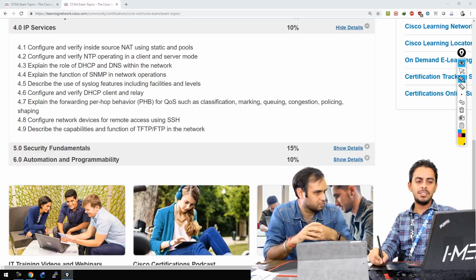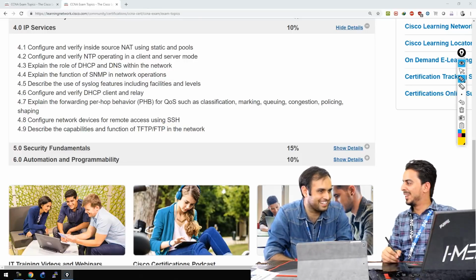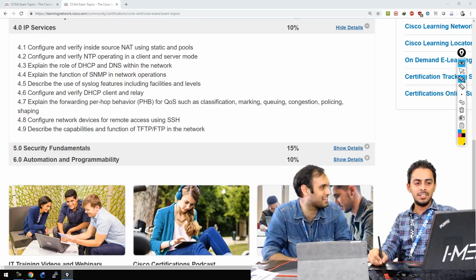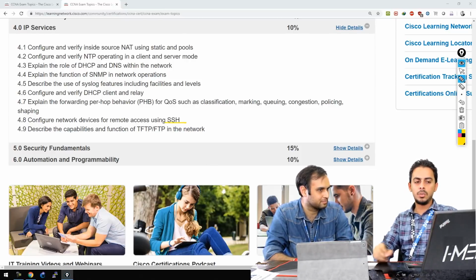Next they have, as usual, Telnet, SSH. I don't see Telnet. You don't see Telnet? So there's just SSH. Actually, Telnet should have been removed. Yeah. So SSH is more secure, as usual. So we must know the configuration and verification part of SSH as well,